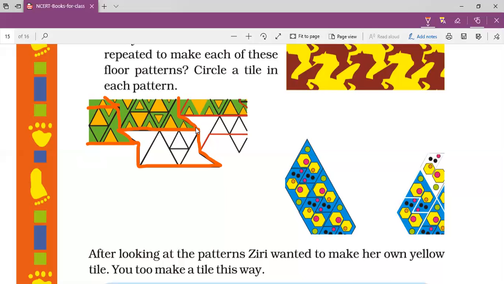So each tile, if we remove one tile, we'll see that this tile shape is different. But when we arrange it, it forms a beautiful picture. If you see this, if the tiles are like this, this tile shape might be like this. Yes. And the other tiles might be fitted like this.